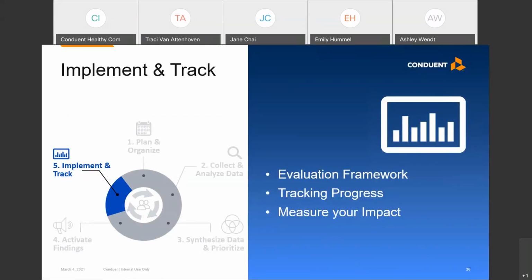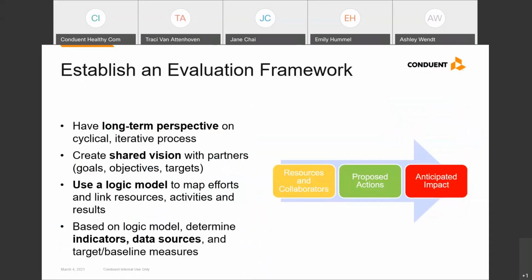What I want to emphasize from this phase is the importance of establishing an evaluation framework. An evaluation framework is used to assess progress, outcomes resulting from individual strategies and interventions, and then determine collective impact achieved in relation to community level indicators. So why is that important? Well, community level indicators can take time to change. And so considering the iterative nature of the CHNA process, or the assessment process, which is relatively short for hospitals, it's every 3 years, it's important to be focused.